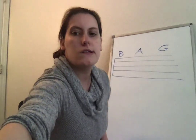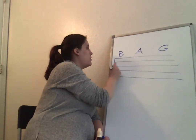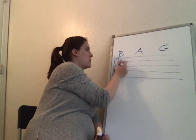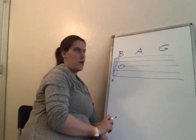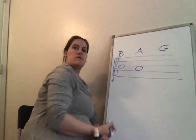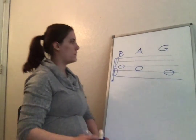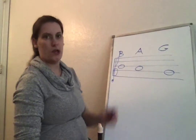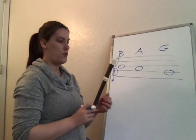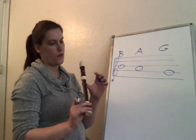So on our staff, B is right here on that 3rd line. A is on the 2nd space. And G is on the 2nd line. B, A, G. To play them on the recorder, we cover that back thumb hole with our thumb, and we